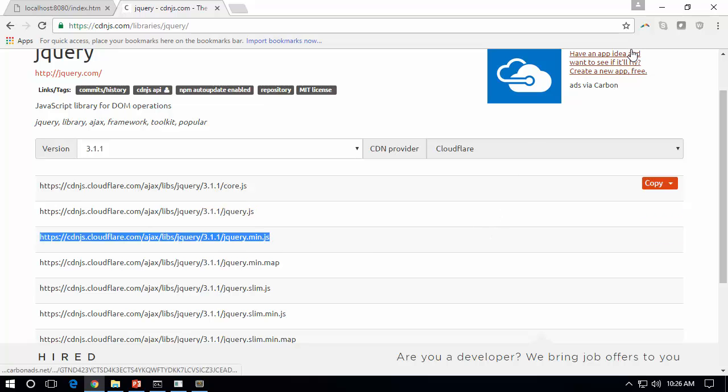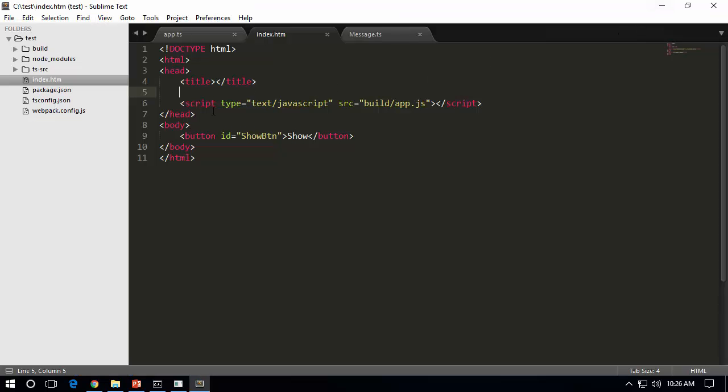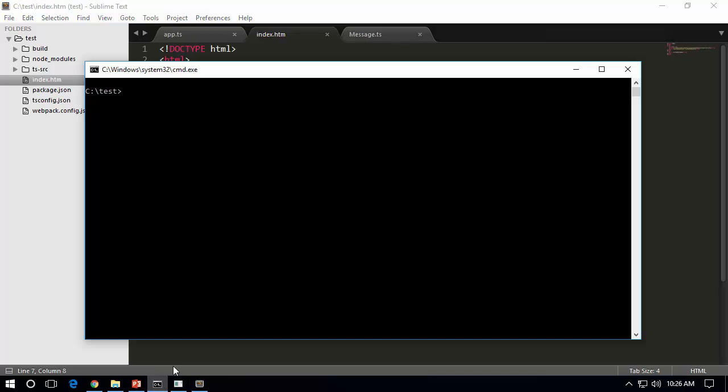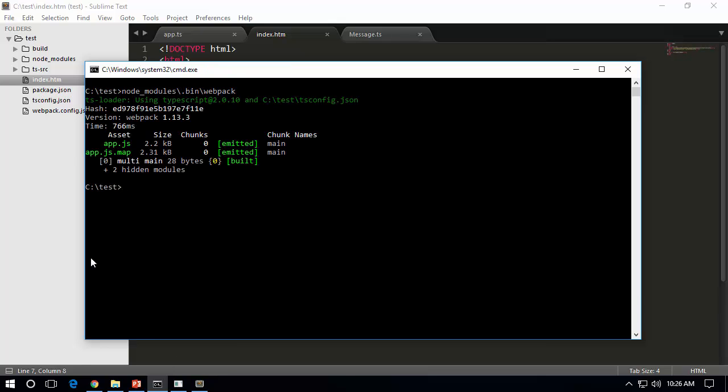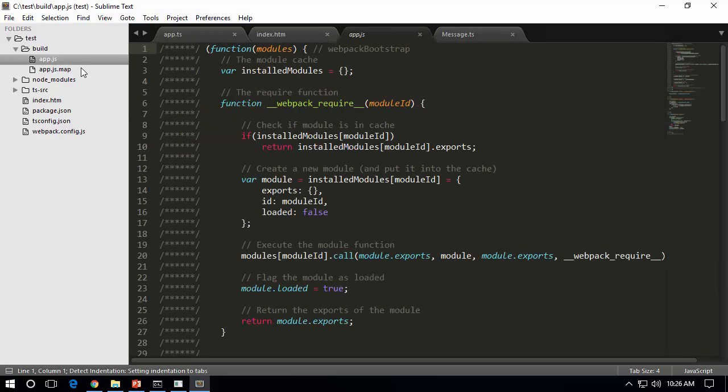So copy the script tag. I just wanted to copy the script tag and place it here. That's it. So let us see if everything is working fine. We have already compiled with no issues, but let us make sure that we compiled it. Yes, compiled successfully. And a very important thing, if you go to the build folder and open app.js, there are no thousands of lines here,